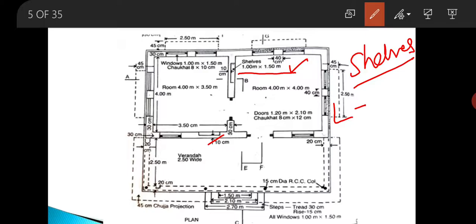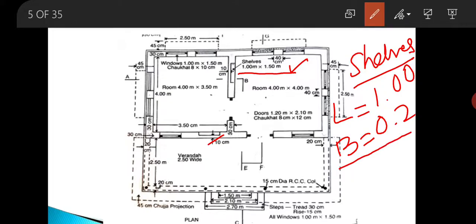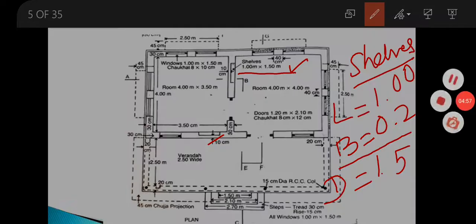So the length of the opening will be 1. Breadth of the opening for shelf will be 0.2, because on the back of the shelf there is a 10 centimeter thick wall. Therefore the breadth of the shelf opening will be 0.2 and depth will be equal to 1.5. Clear? So next we will move to the details of measurement form.